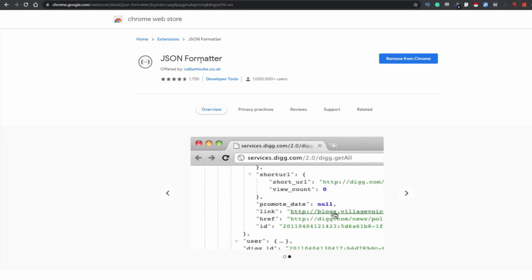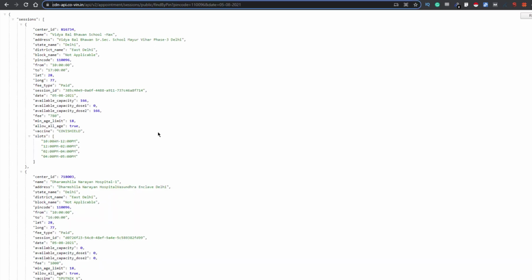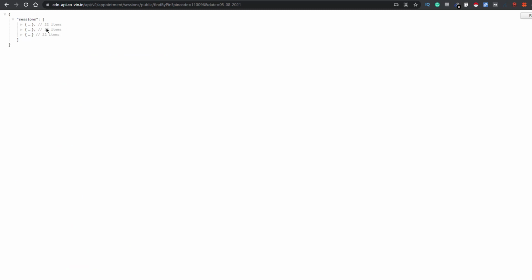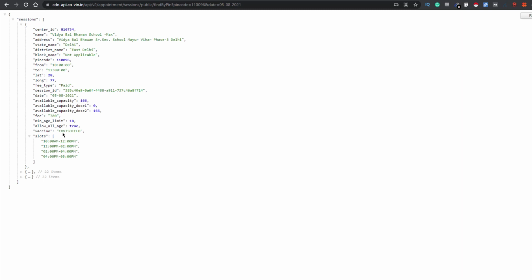Once you install this extension, the same data that you have looked at right now will look like this in a neat, clean manner. And you can collapse it also however you like, right? So this gives a better sense about the data. Anyway, we are going to refer to this. I have already talked about this in detail in the videos, so I'm not going to talk more on this, but this is just a heads up in case you have missed it. Okay, now we will get more information from this.